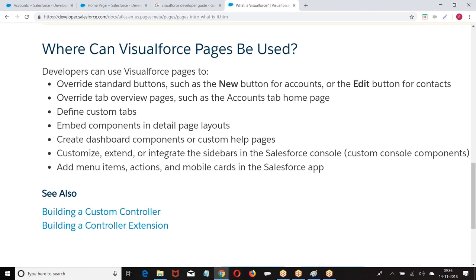Now when I design a page, how will the page be opened? Being a developer, you know how to open a page, by Apex class page name. But the end user doesn't know anything about Salesforce. If I'm an end user, I will click on a link or a button or a tab. If I want to open anything, for me it's only a button or a link or a tab. So you need to give me a button or a link or a tab, and I'll be able to open it. Then we are going for define custom tabs.